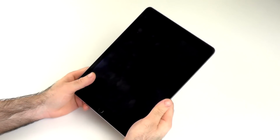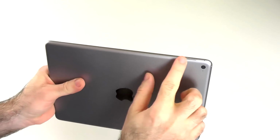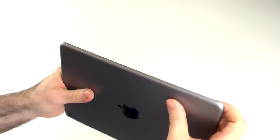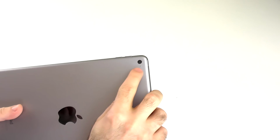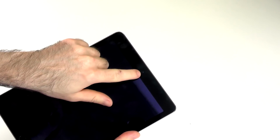Before we take a look at the design and the build quality, let's go around the device and check the buttons and ports first. On the right hand side there are the volume buttons, a microphone. At the top there is the power button, headphone jack. On the right hand side there is nothing. At the bottom we have the stereo speakers and the lightning port. On the back there is another microphone, a camera, and at the front we can see a front facing camera